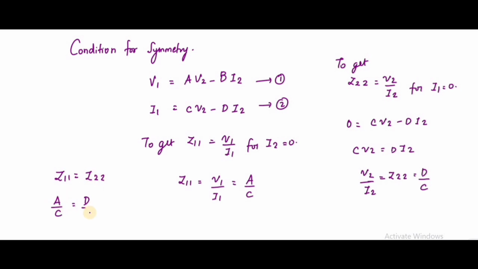Now equate Z11 with Z22, which is the condition for symmetry. So A by C is equal to D by C, so A is equal to D. That is the condition for symmetry. So that was symmetry and reciprocity. I hope